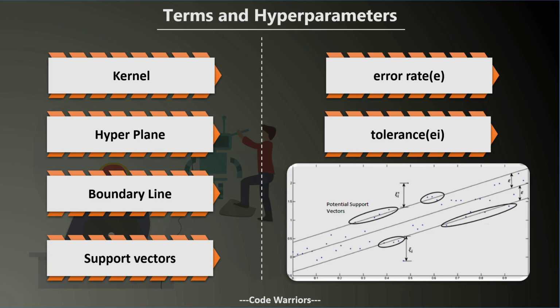And the main thing about how it works is that it tries to fit the data with the minimum error rate possible, by fitting maximum data as possible. All right, and it also tries to fit the maximum data into the boundary line and also into the tolerable rate. So it will try to find the best model or best fit on our data with minimum error rate and minimum tolerance, and also fitting maximum data as possible.